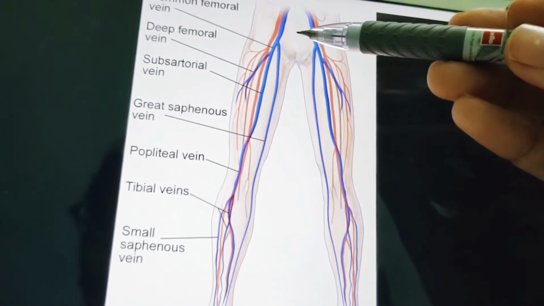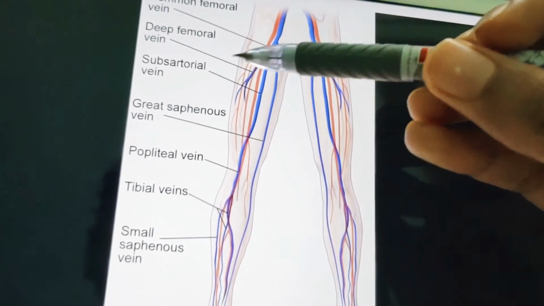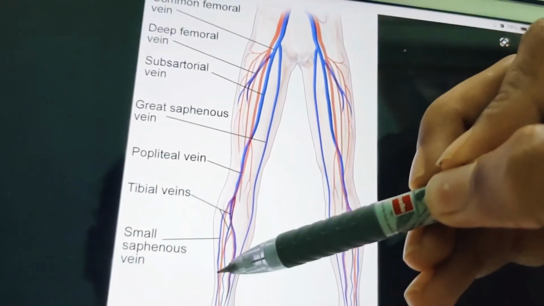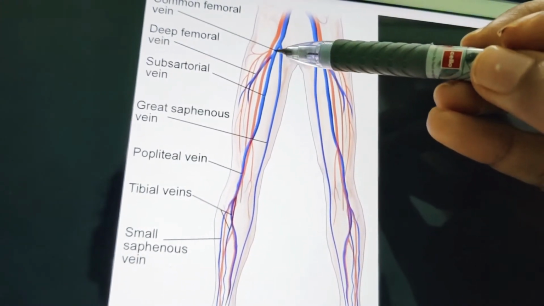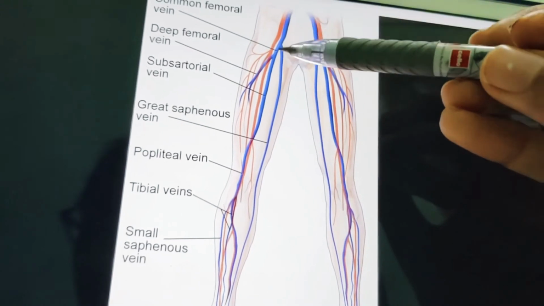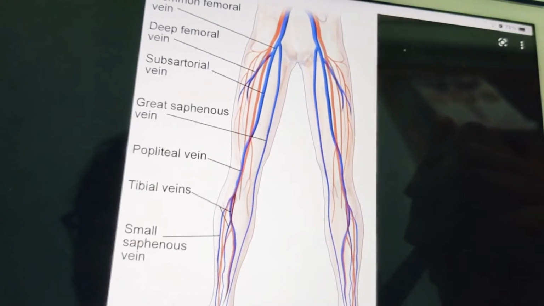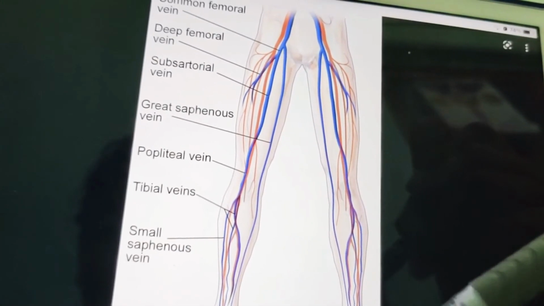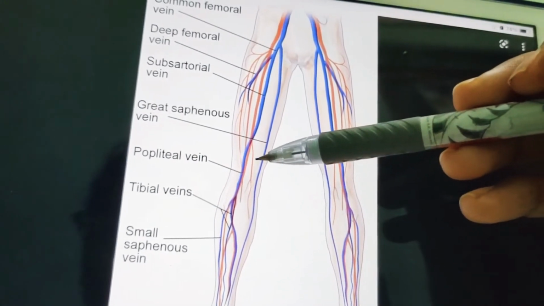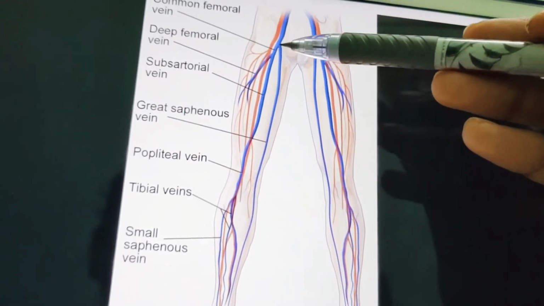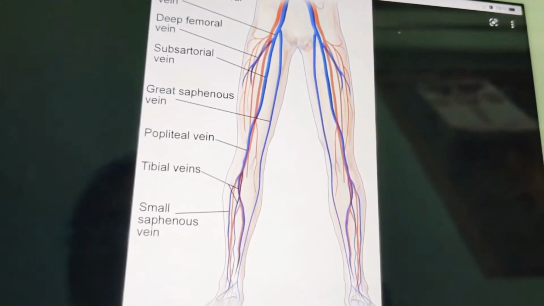And next you also have the lateral and medial circumflex femoral veins. Lateral means it will be on this side, the lateral circumflex femoral vein, and this side will be the medial circumflex femoral vein. Both of those come and drain into the femoral vein. And next you have the descending genicular and muscular veins in the adductor canal. These will also drain into the femoral vein. So these are the different tributaries, and by this we completed the femoral vein.